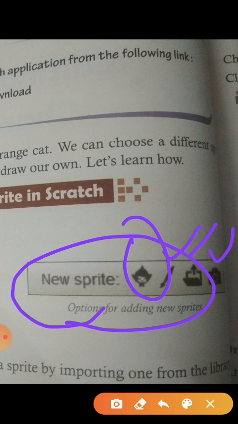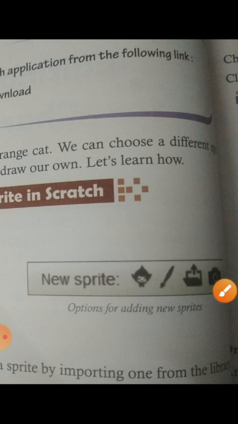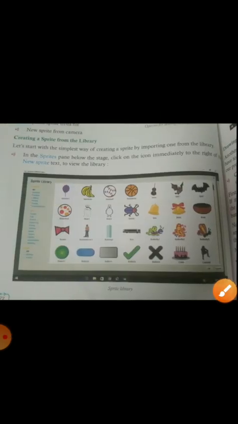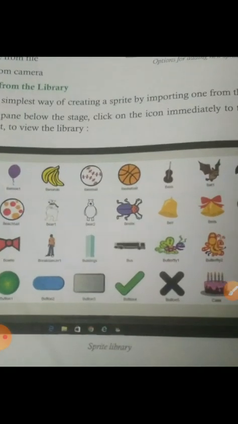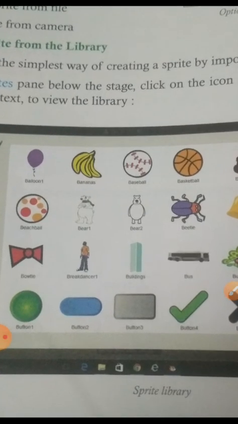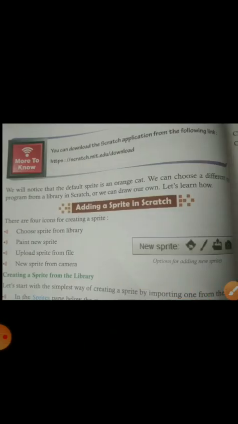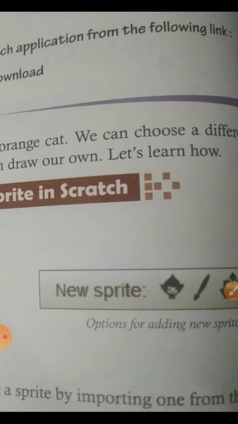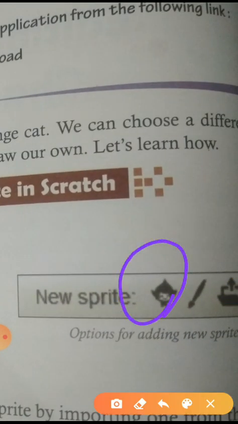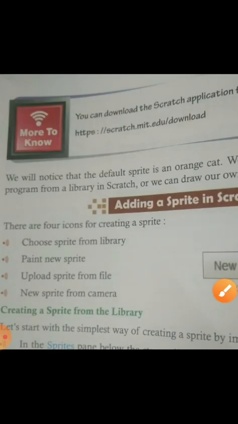So first I explain with the help of the sprite library how we insert a new sprite in our programming. Look at this. This is a sprite library. Previously I explained this. If we click this icon, it opens a library of sprites, and there are so many sprites previously provided by Scratch programming.